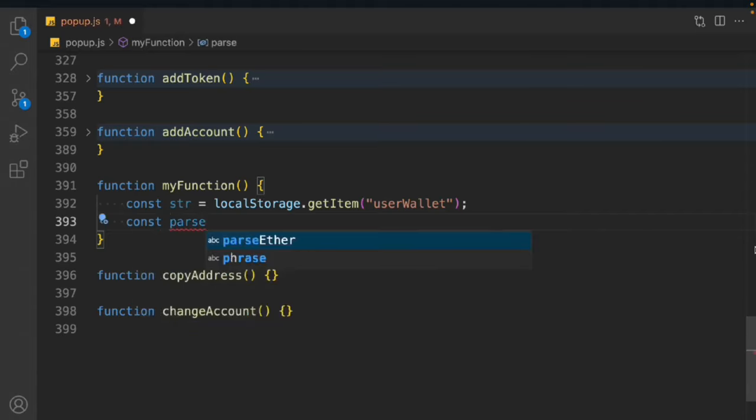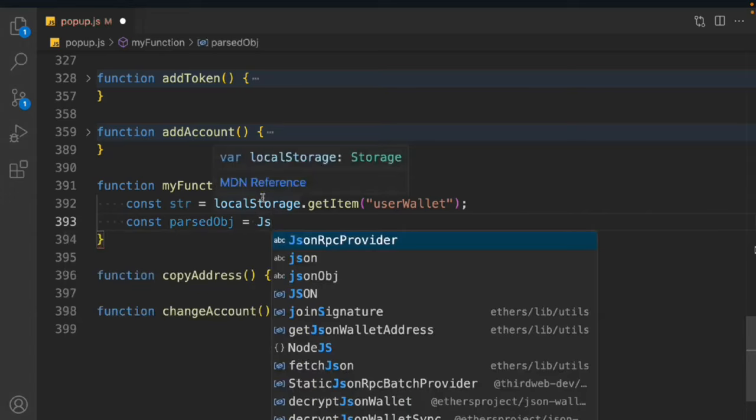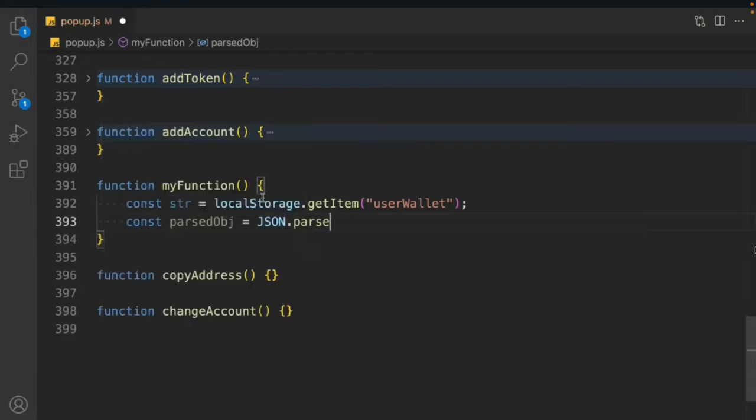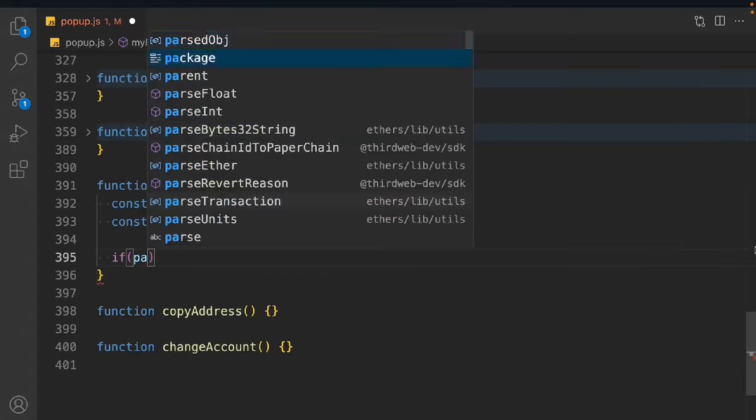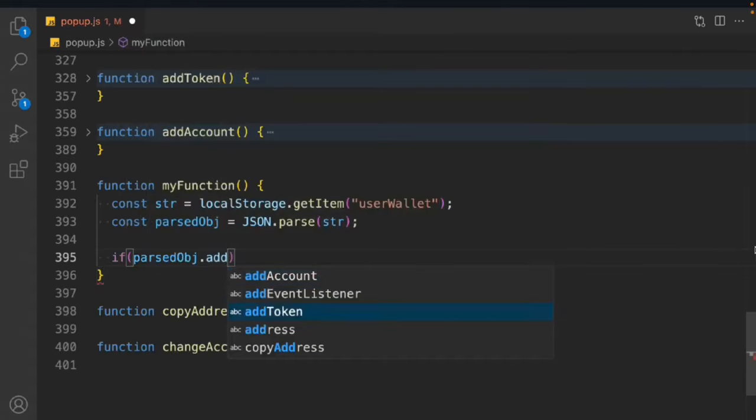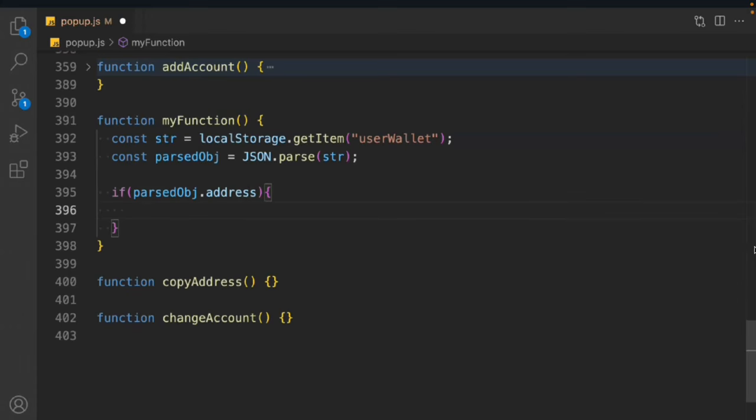Now we have to convert that data. So we'll say parseObj. We'll use JSON.parse, and in that we have to pass this entire string. It will have the object. We'll say if parseObj.address, meaning the address is available in our local storage, then we have to call this function. If the object is not there in the local storage, then we don't want to call it. So we'll say